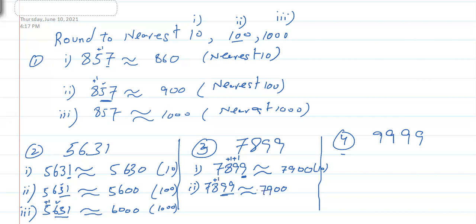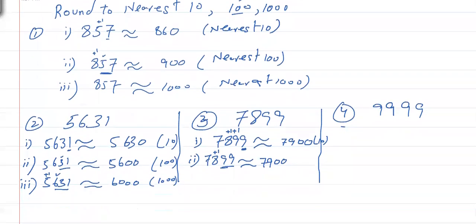Because keep one thing in mind, 100 is a multiple of 10 as well as 100. So that was the confusion I think Sam you were having, why both answers are coming the same. Yes, no need to worry, because if you write something to the nearest 100, it is nearest to 10 as well, because it is a multiple of 10 as well as a multiple of 100, so it doesn't matter.